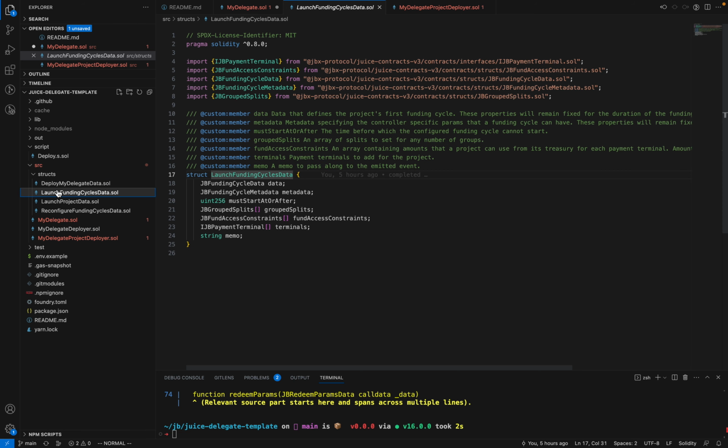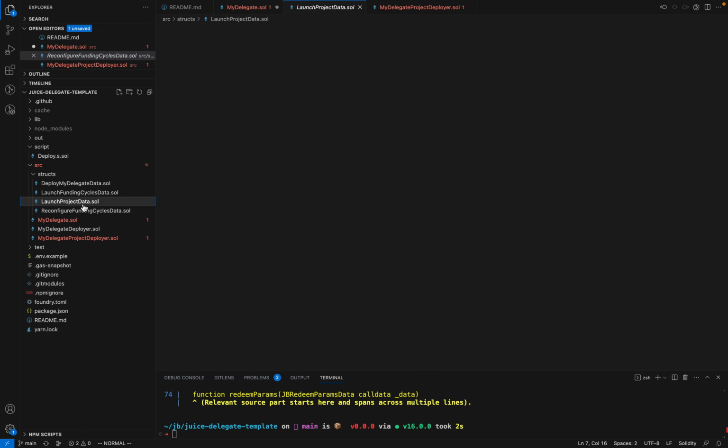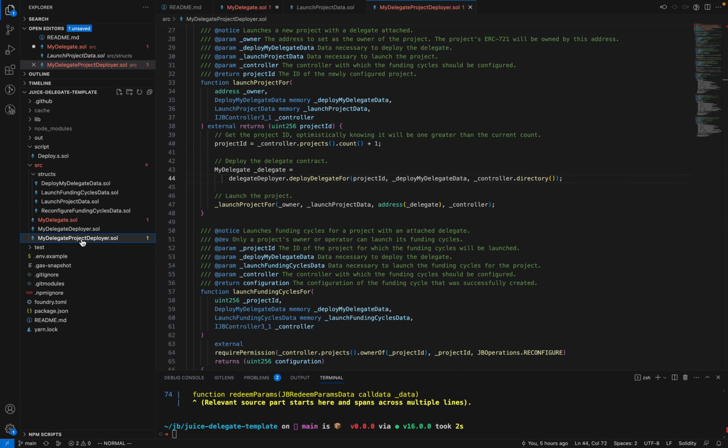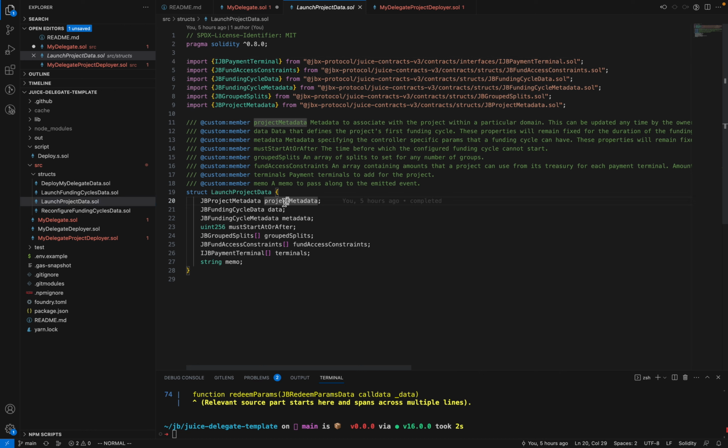And then this stuff is just standardized JB v3 stuff. So launch project data is the other thing it needs. LaunchProjectFor needs that delegate data and also needs launch project data. Launch project data just has the project metadata URI, which has the logo and the description and that stuff, set in the JBM create flow, for instance. Funding cycle data is the scheduling information. So this is standard again in any